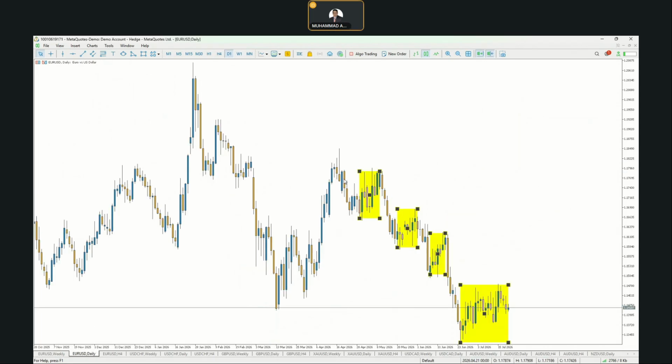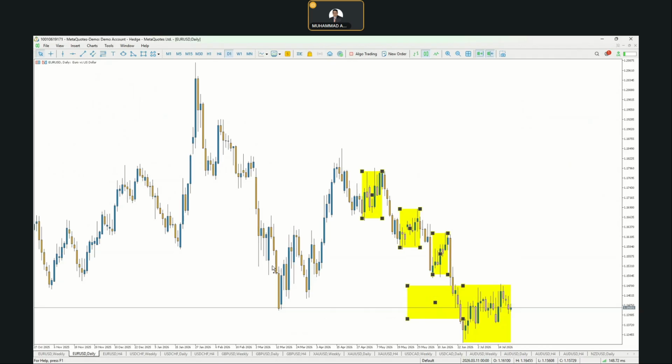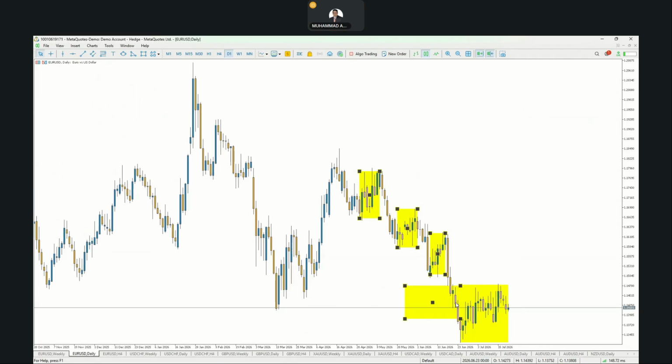In a daily time frame, I've showed you these yellow color highlighted boxes, which suggest that euro dollar basically showed us some pullbacks and then the continuation. But this time it's different. We got quite a bigger box over here. So these things usually happen when we get a bottom, like the way we got over here at the left hand side area.